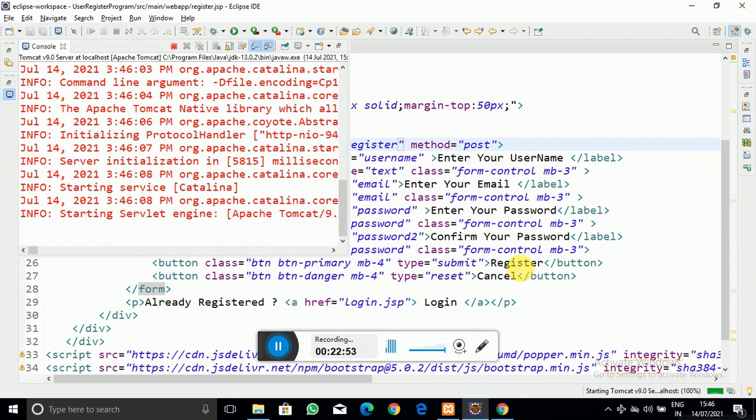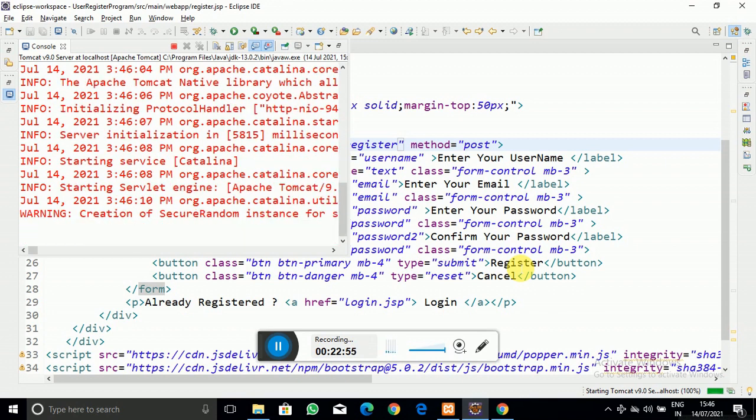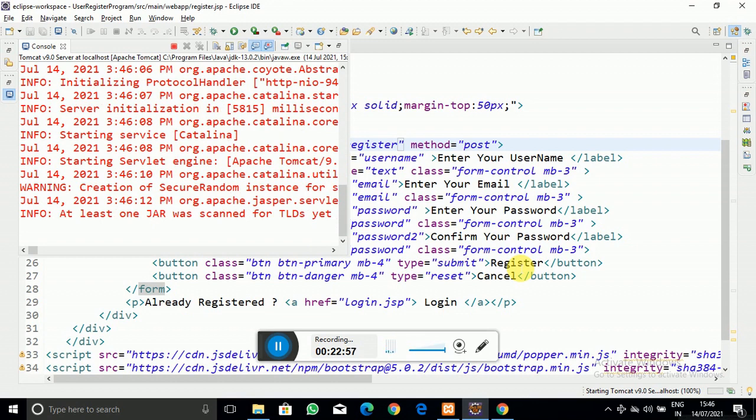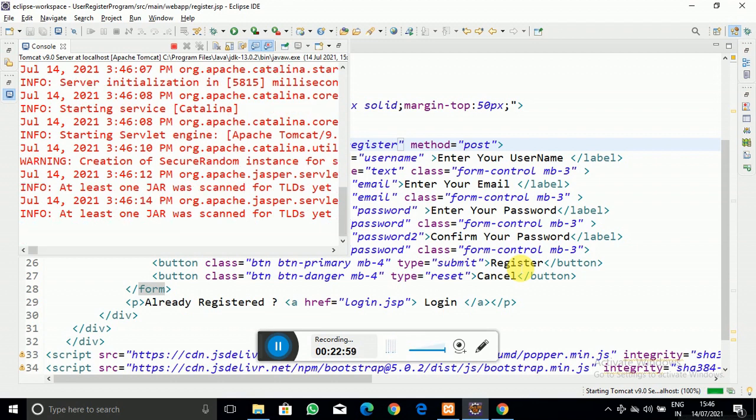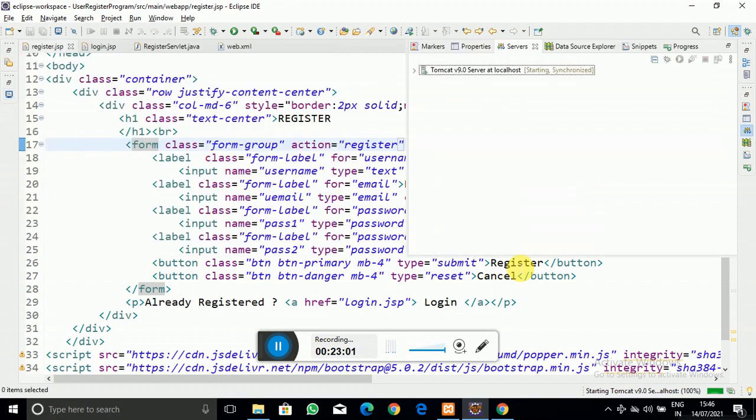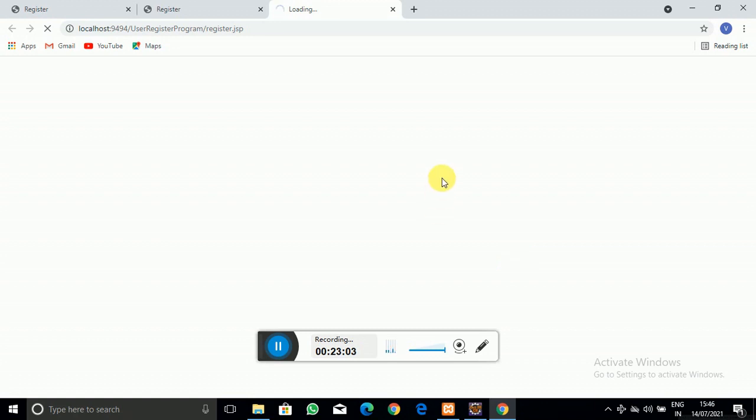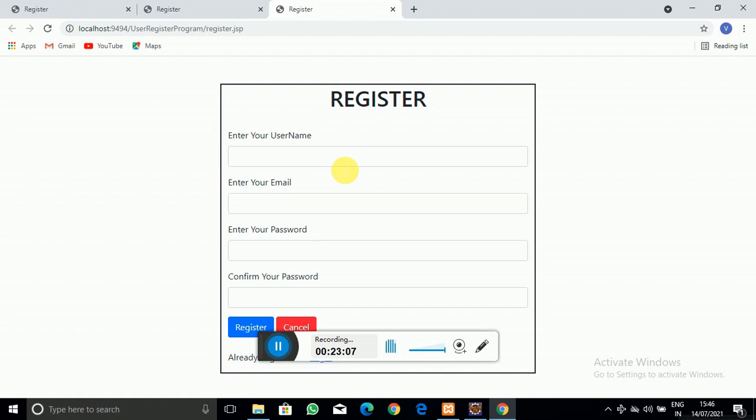It is going to run in the browser if all things are rightly coded. Yes, the Tomcat server is started, and you can see that our register.jsp file is loaded here.